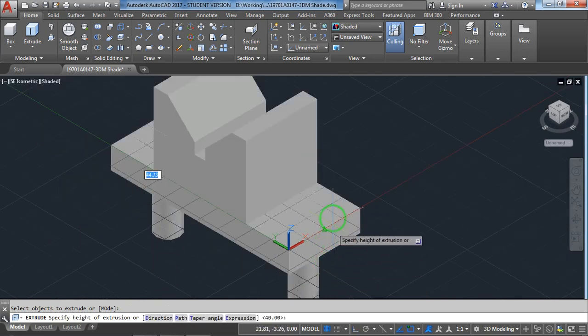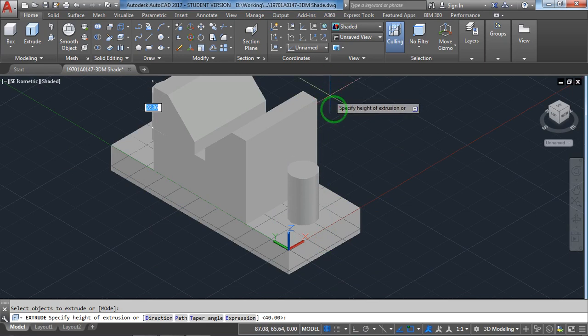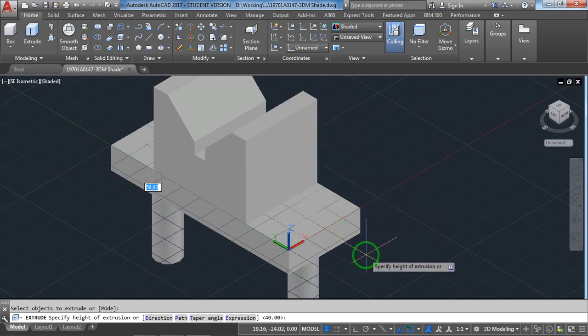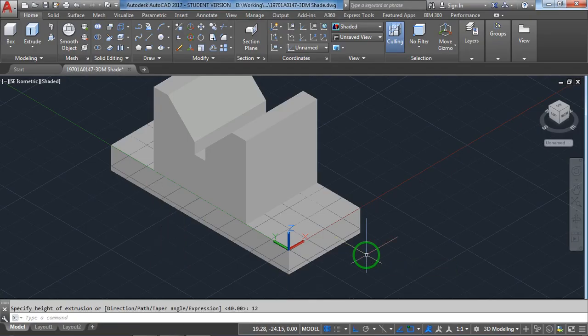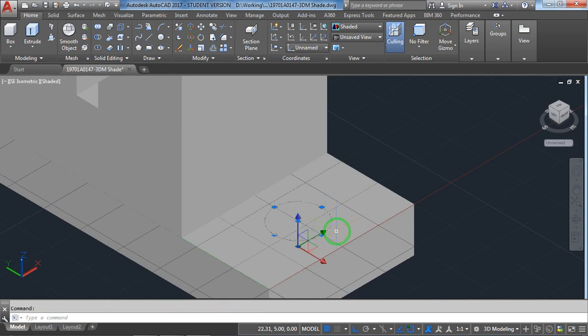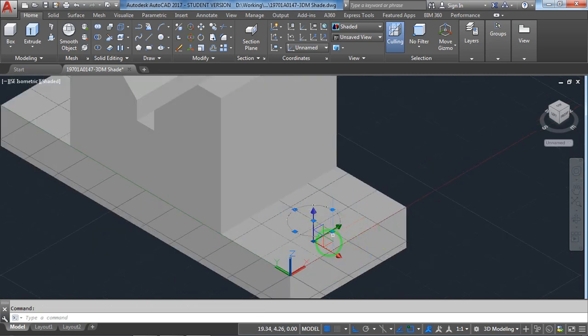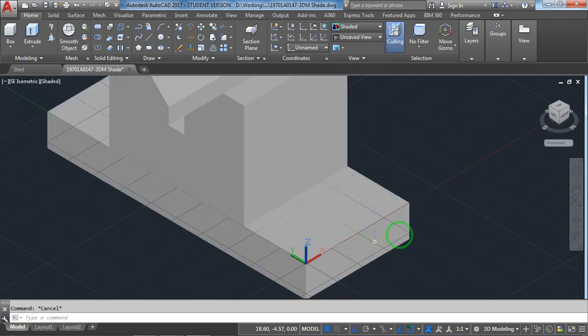In which direction, this direction or this direction? We are at this particular one, so we are supposed to go down to what length. Actually, what is this width? It is 12, enter. Now this has become a solid. See, when you select it, it gives 3 dimensions. That is nothing but the meaning of solid.